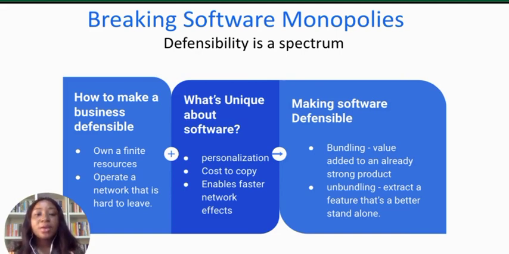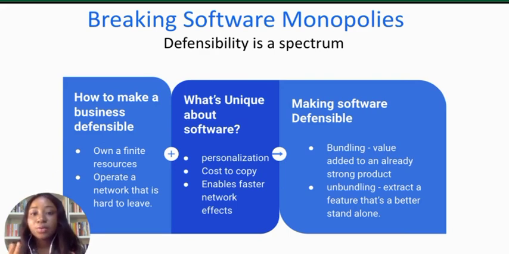Another way by which we can make software defensible is onboarding, right? Onboarding is just a way of extracting a standalone feature. A very good example of that would be Facebook Messenger. We all know that when Facebook was newly launched, the only thing we could do was have a profile picture, chat with friends, and connect with people all over the world, with location not being a limit, right? But along the line, something came, which is Facebook Messenger. Truth is, personally, I can choose not to be on Facebook, but I will still be able to reach out to my Facebook friends via Facebook Messenger. So Facebook Messenger has come to be a standalone feature, right?